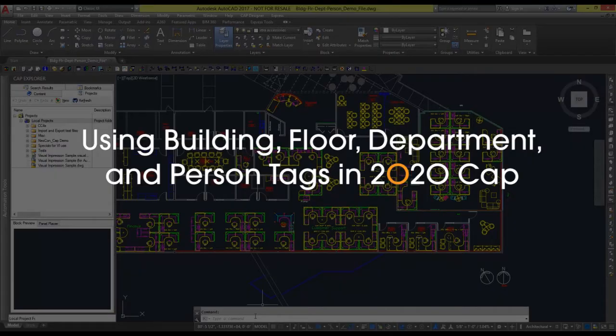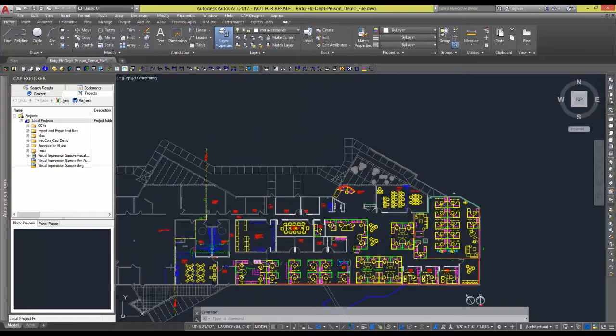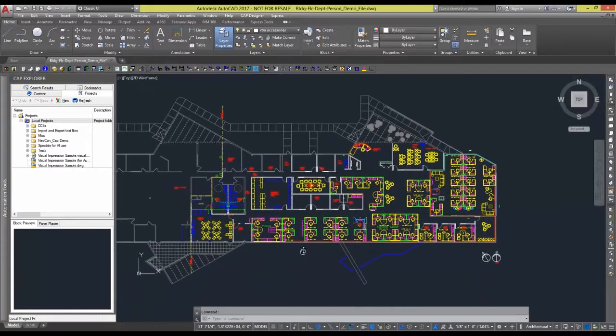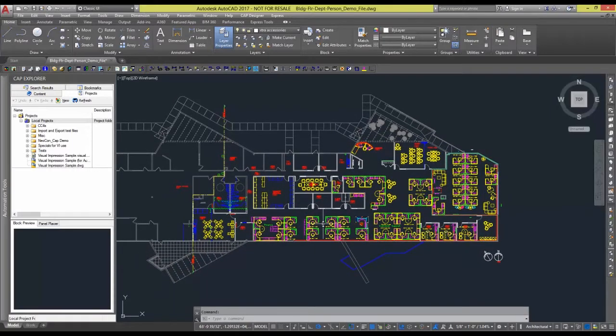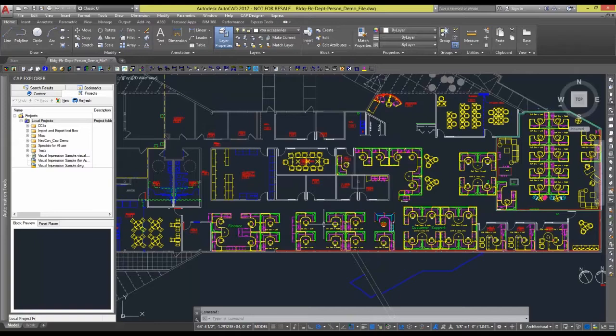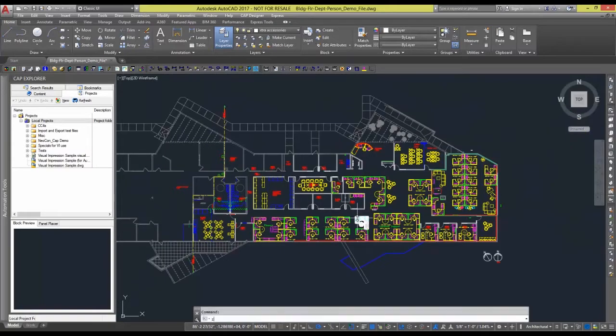Here we are in AutoCAD with CAP Designer loaded. This drawing is, I would say, about an average size, maybe a little bit smaller, maybe a little bit bigger than your average project that you use in CAP, but it's going to work for what we want to show today. This drawing has many different stations in it, and there's many different ways that you might want to organize